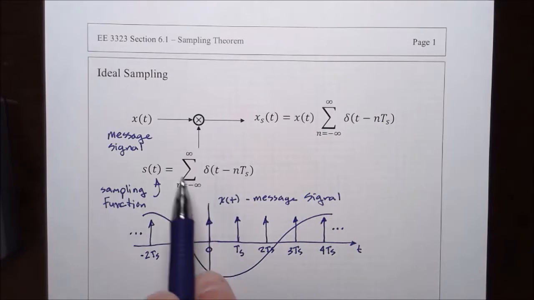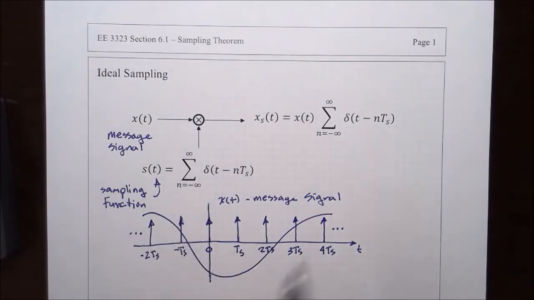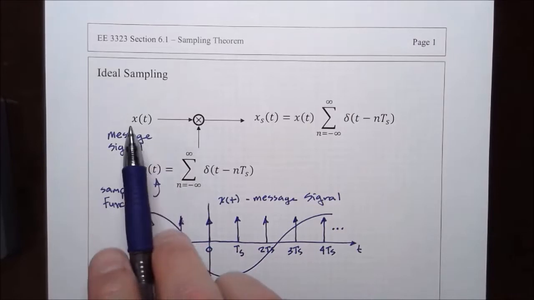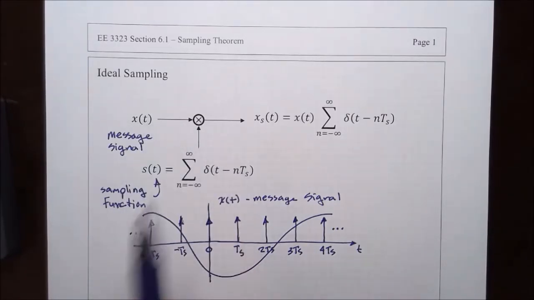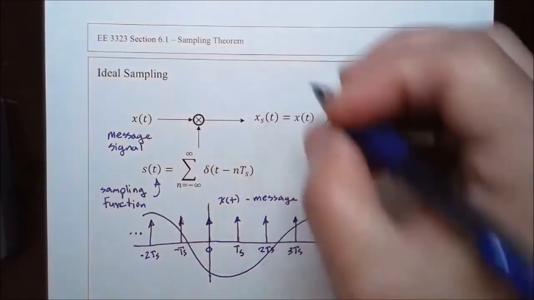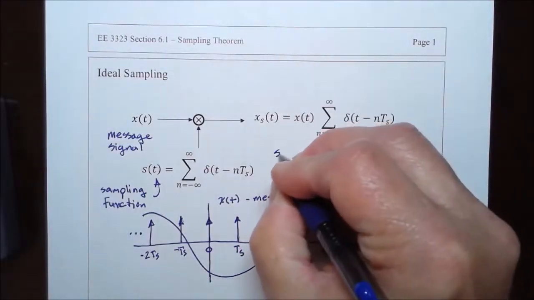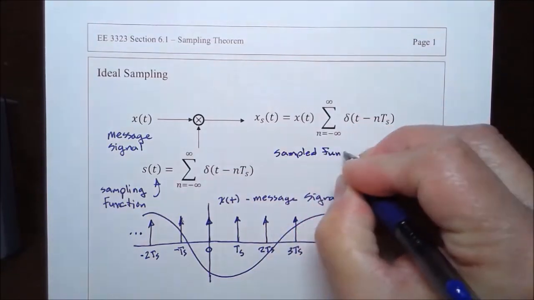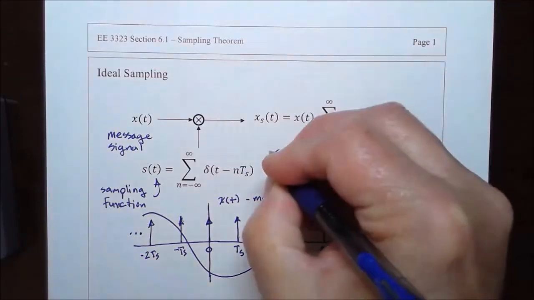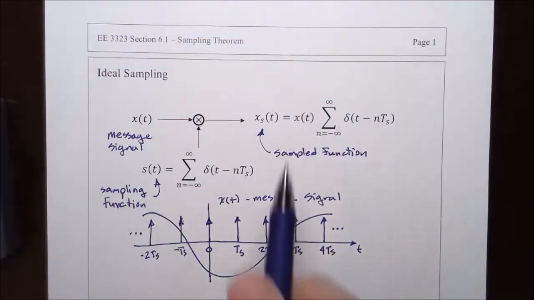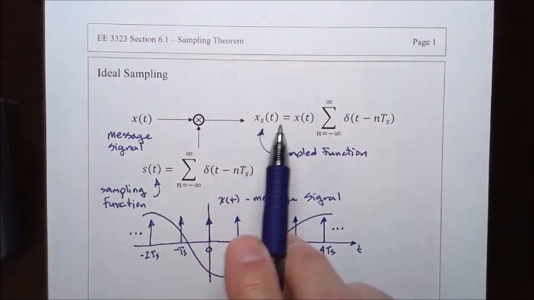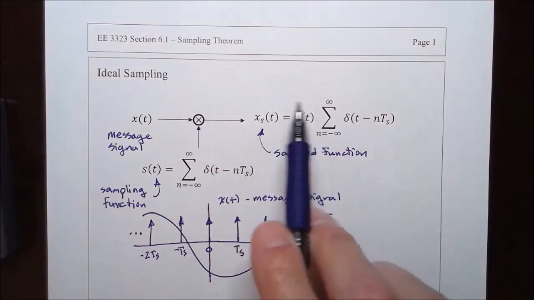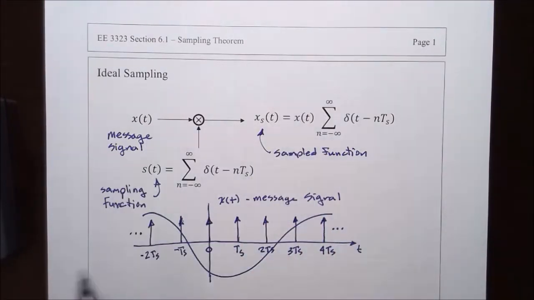For n equals plus and minus 2, we get the next two pair, etc. So we are taking the message signal, multiplying by this train of delta functions, and what results is the sampled function or signal. It's x with the subscript s, so this is the sampled signal. It is simply the product of the continuous message signal and the sampling function, and as we carry that out,